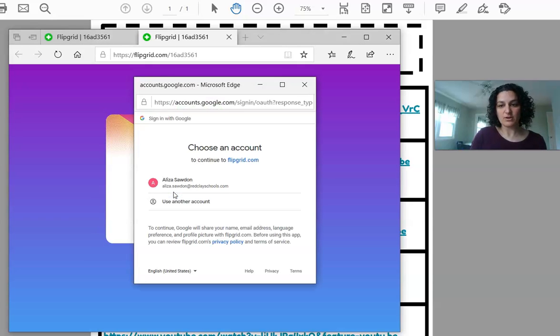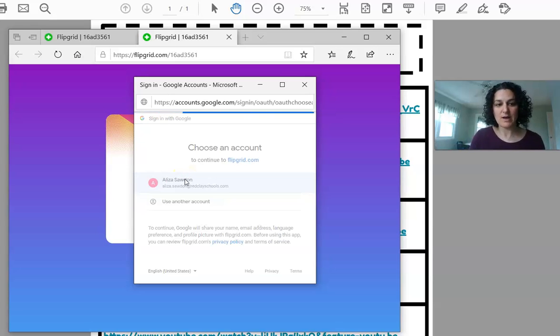And since you've been in your account every day, it probably has saved it for you and it would have your name right here. If not, you would click on use another account and then you would just type in s.firstname.lastname@redclayschools.com, and then your lunch number is your password. So I'm going to click on my name,